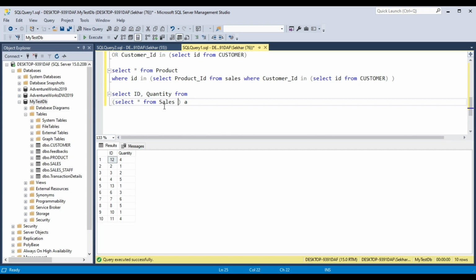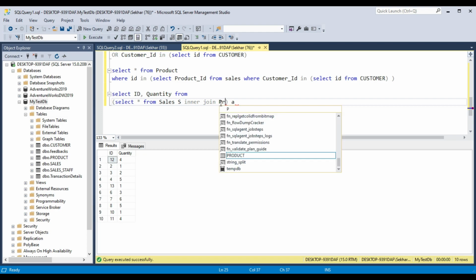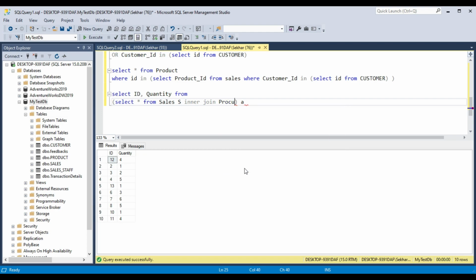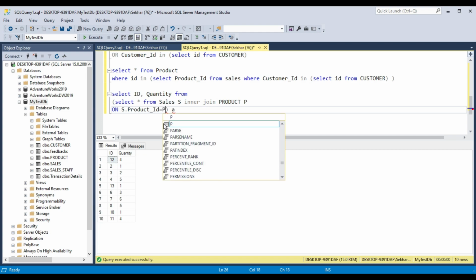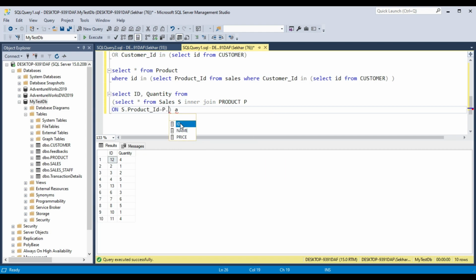Suppose you want to do an inner join of the sales table s with the product table p on s dot product ID equals p dot ID.